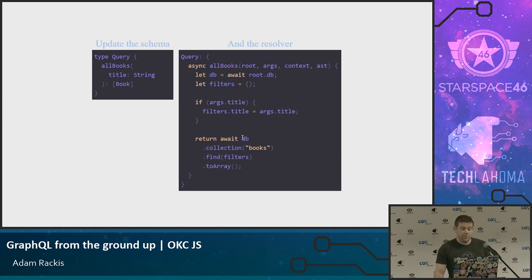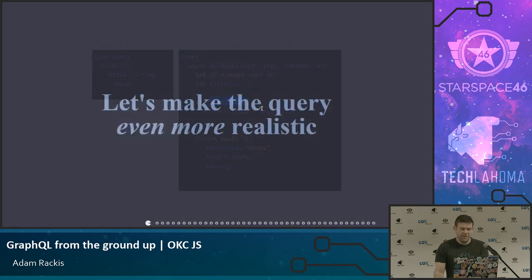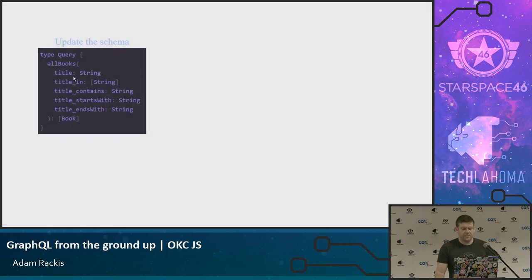And when I run my find in Mongo, or I might use aggregate in real life probably, I'll pass my filters object, and I just sniff out, see if they passed the title. If they did, I'll filter it on that. That's still not too realistic. Let's say, well, I don't just want to match an exact title. I want to say, hey, if a title contains this string anywhere, or starts with it, or ends with it,